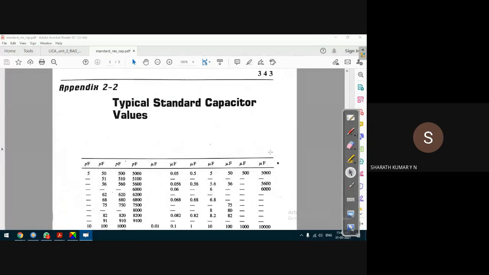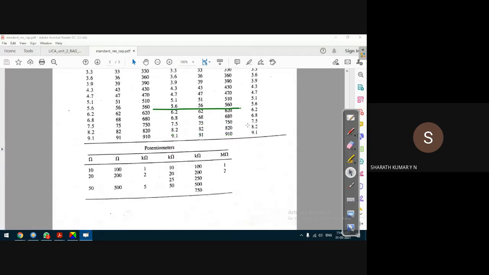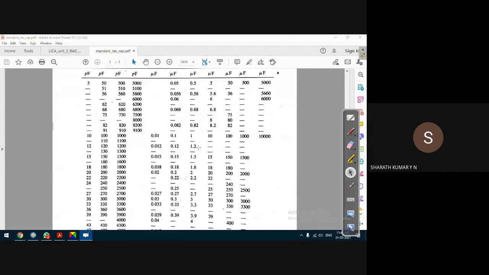As you observe, for a capacitor there are standard capacitor values. Whereas for a resistor, if you observe the resistor values, there is a potentiometer also. For resistance, there is a standard potentiometer value. For a capacitor, there are no standard potentiometer values. Why? Because whenever we go for a capacitor, we always go for a fixed value of capacitor, not a variable capacitor. Whereas in resistance, we can go for a variable resistor, which is called a potentiometer, because it gives flexibility. Capacitance selection is very important.